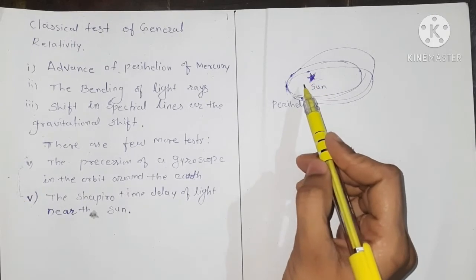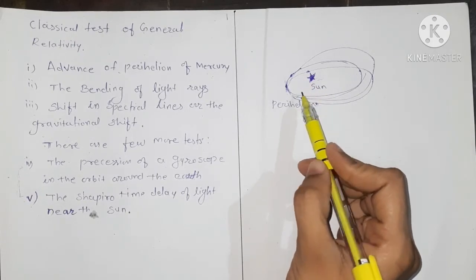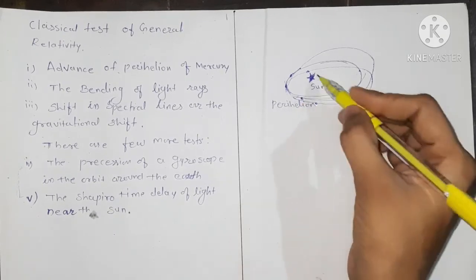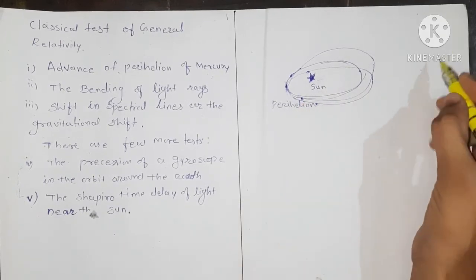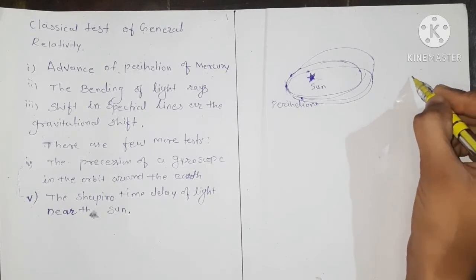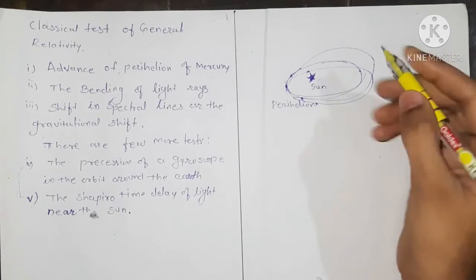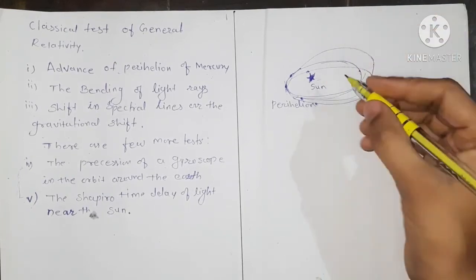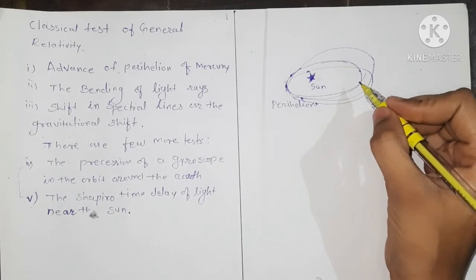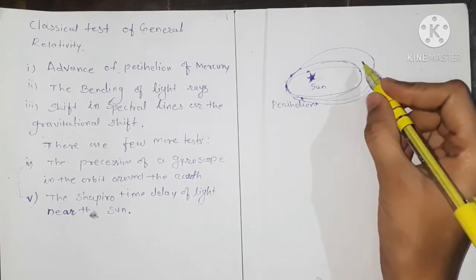It means that there is a shift in the elliptical orbit in which our planet Mercury is rotating, and we measure the shift in the angle. So we call that an arc. There is a shift in this, therefore we measure how much shift, that is, how many degrees of change in the elliptical orbit.